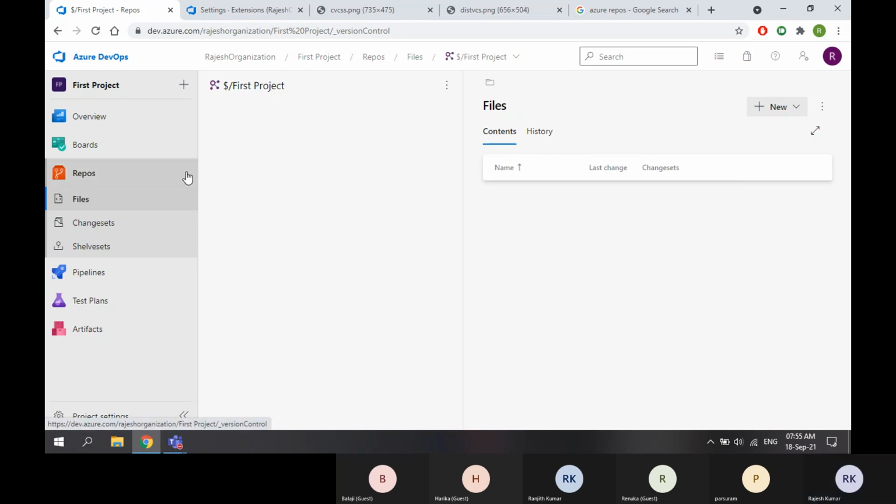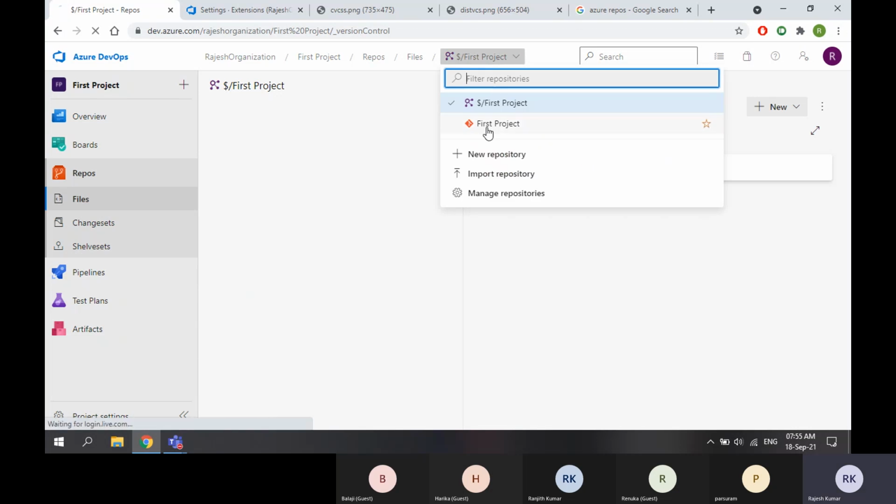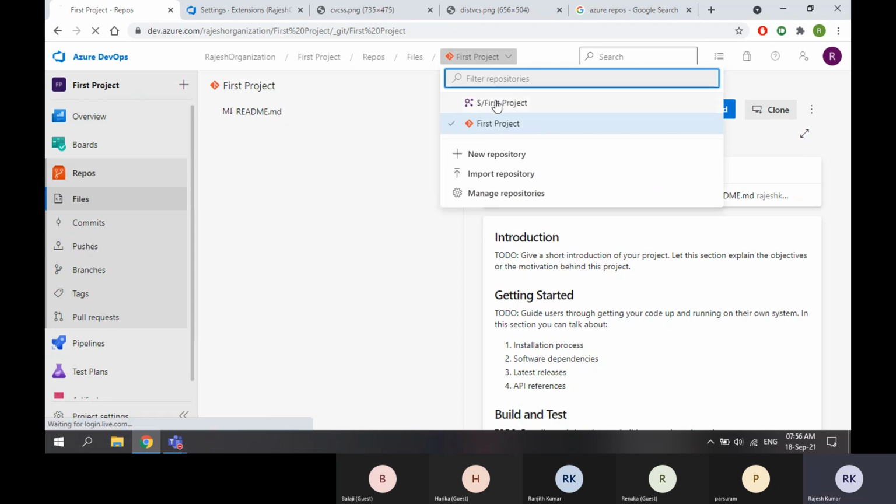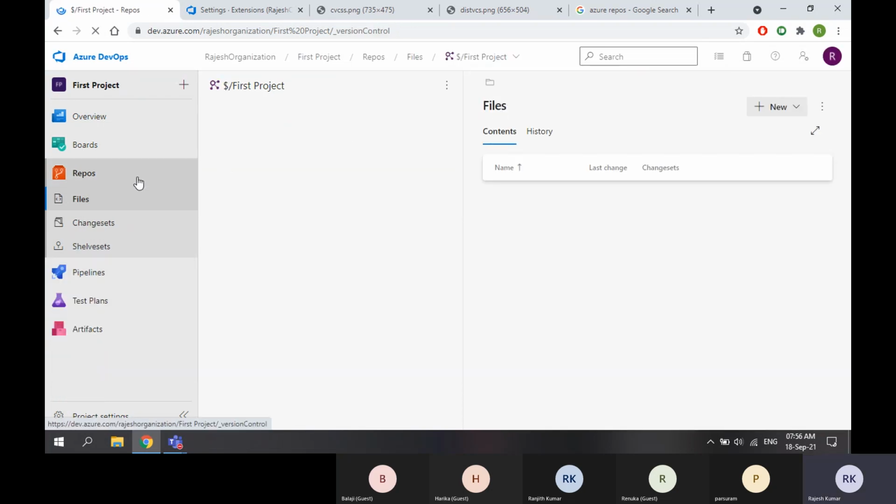Okay. See, now if I select Git, I am seeing files, commits, pushes, branches, tags, and pull requests. Okay. If I select TFVC, now what am I seeing?